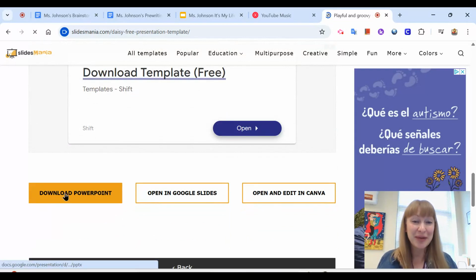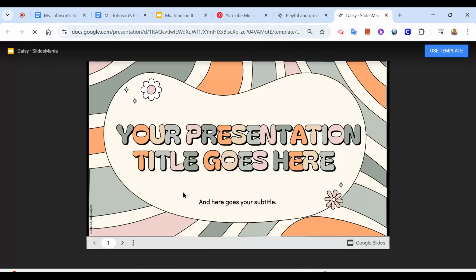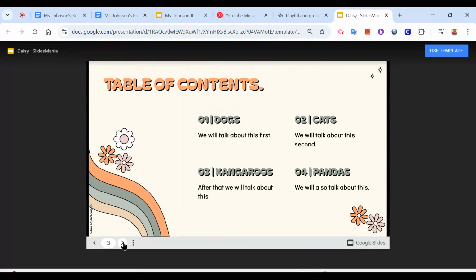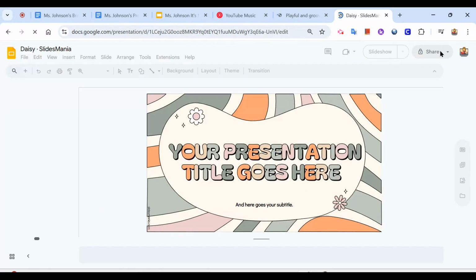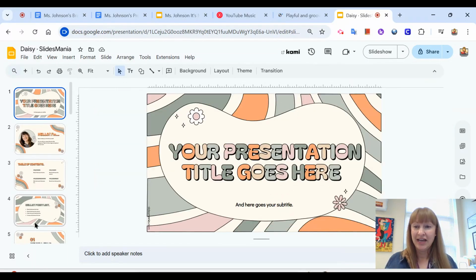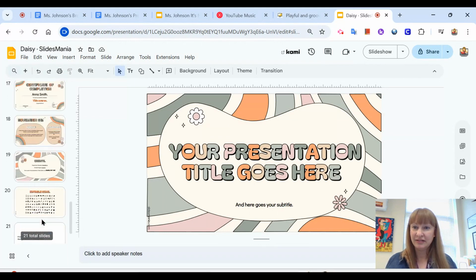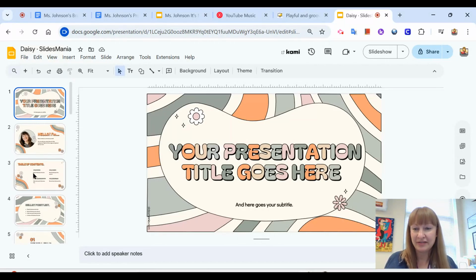I can download for PowerPoint, but since we are a Google District, we're going to open in Google Slides. So it's going to say, hey, here's the template. So again, I can go through and just make sure, is this what I want to use? Okay. Then I say use template, and it's making a presentation for me. And I guess this one has add-ons, so I'm just going to close that. And then from here, I can use all of these slides, or what I have done,